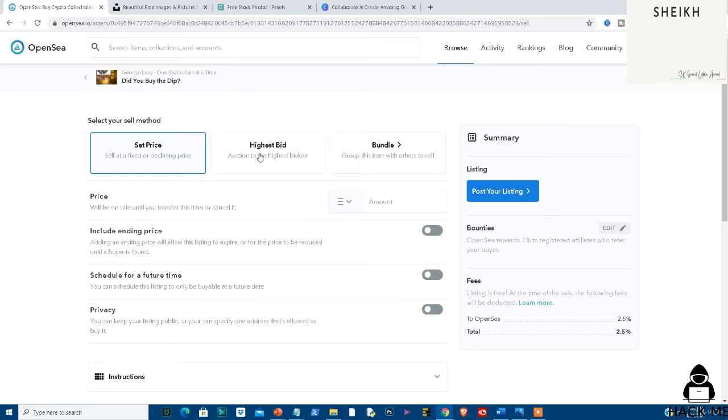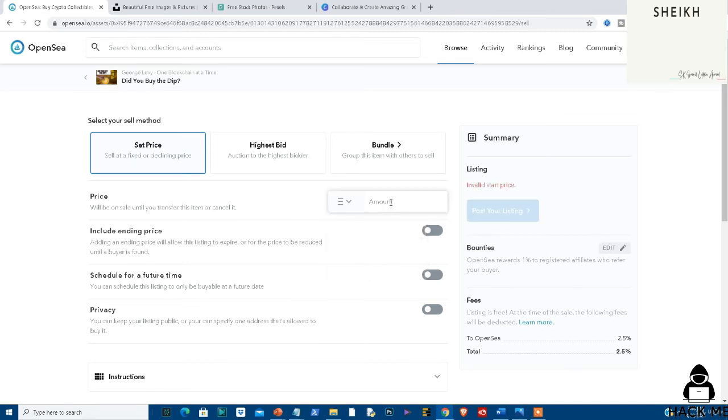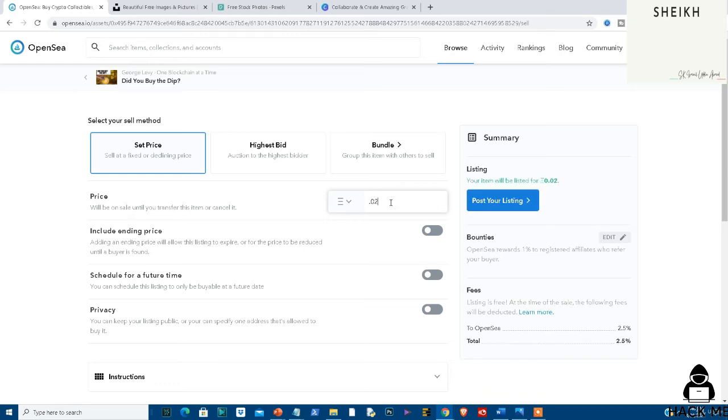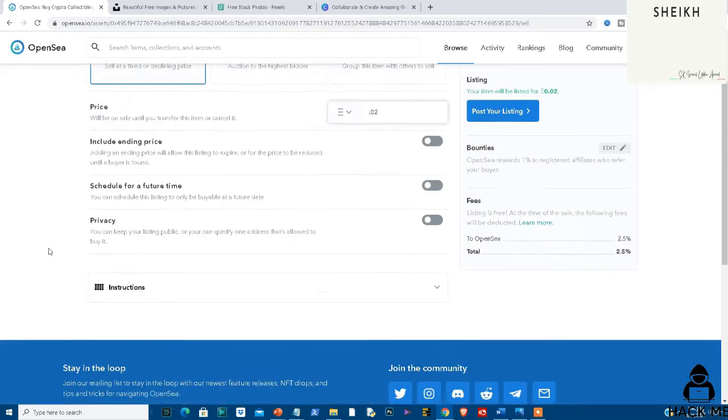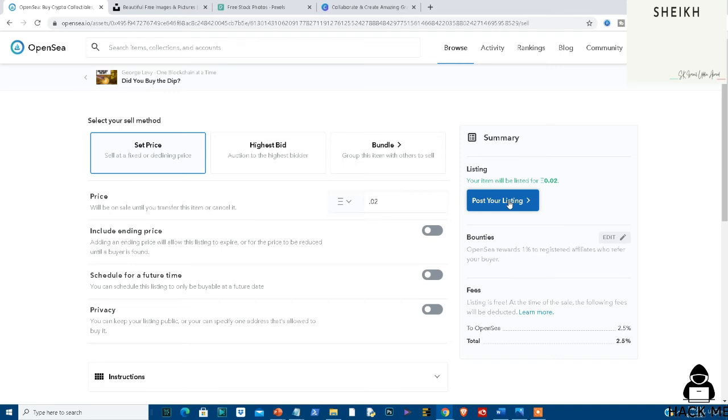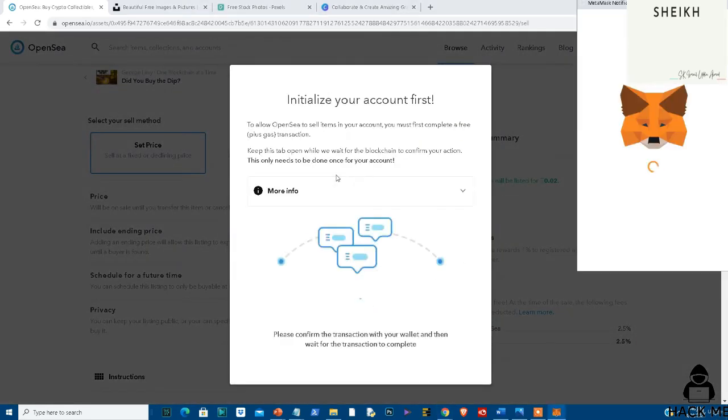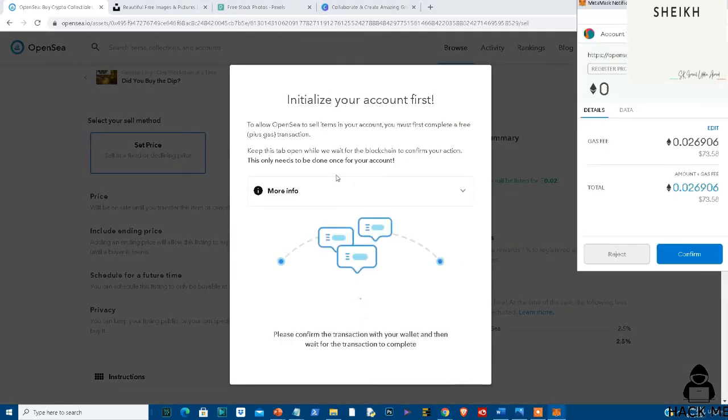For example, if you have a collection of items that have to do with, I don't know, cryptocurrency dips, like I just did right now, you could do it as a bundle. But for this example, I'm just going to put a set price. And the price in this case, I'm going to post it in Ether, and I'm going to put it at 0.02. At the end of the day, when I've put the whole thing together, the system will then list it, and it will ask me if I want to pay to be able to sell this. My fees are going to be